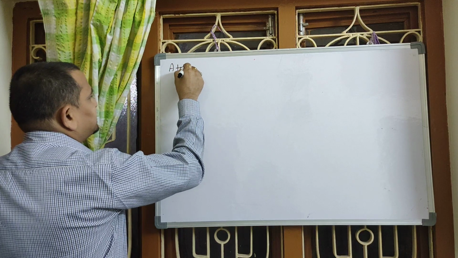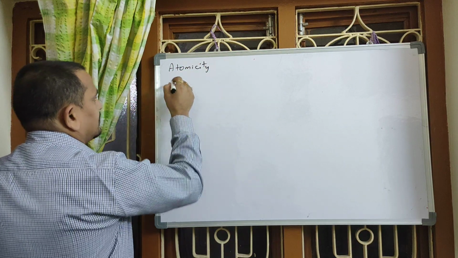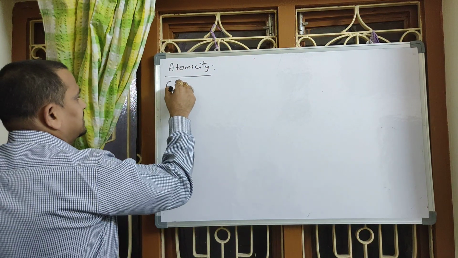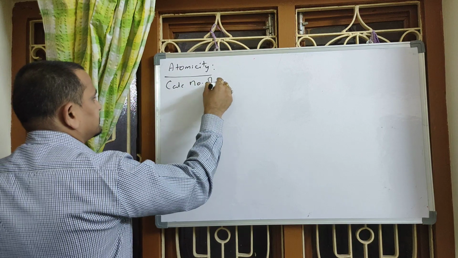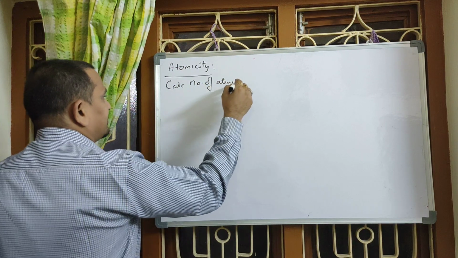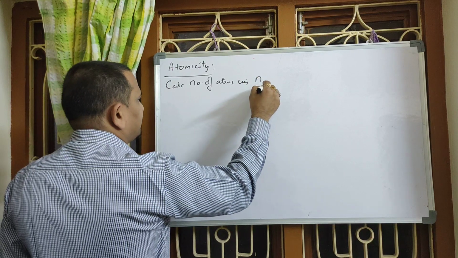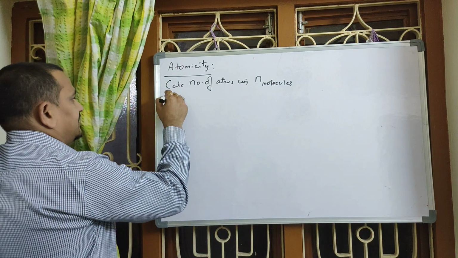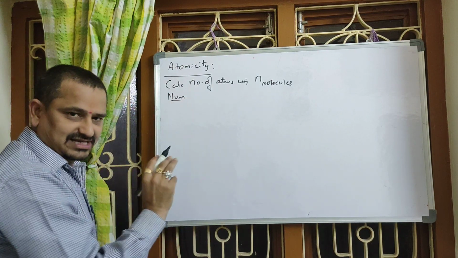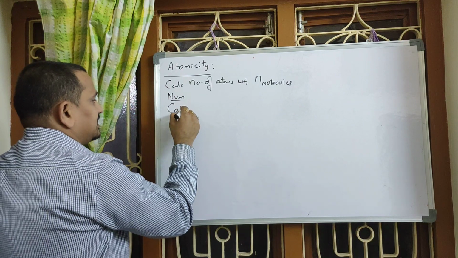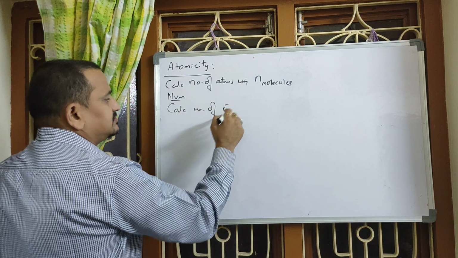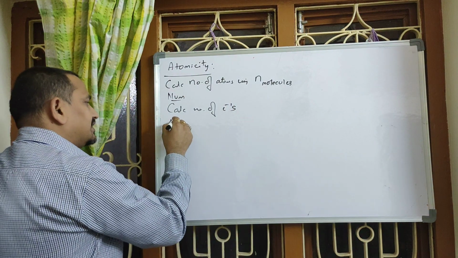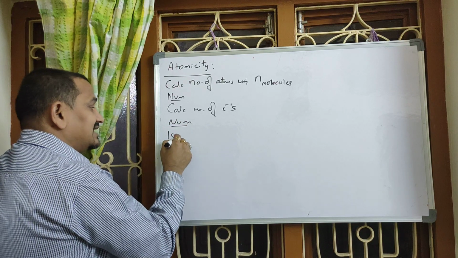What's meant by atomicity? This is what we are going to start with. And then calculation of number of atoms using number of moles of molecules, and numericals on this formula. Similarly, calculation of number of electrons in a given species using a similar formula, and then numericals on this, followed by isotopes.